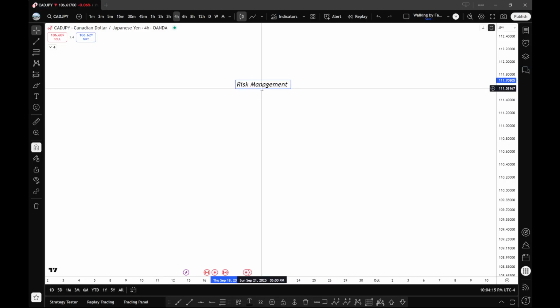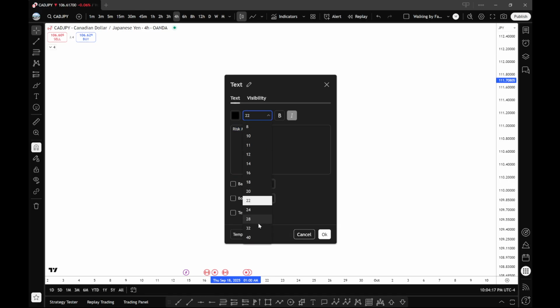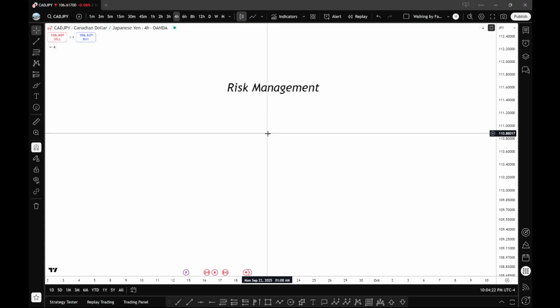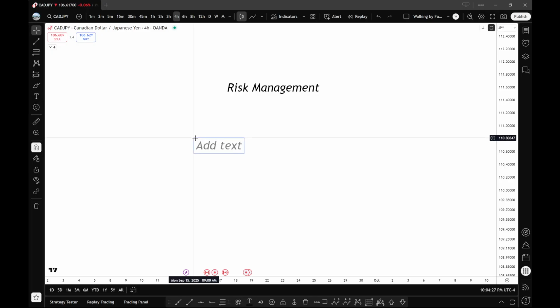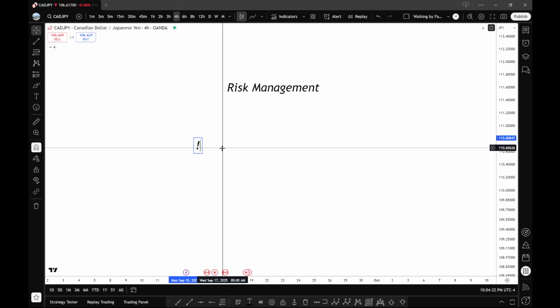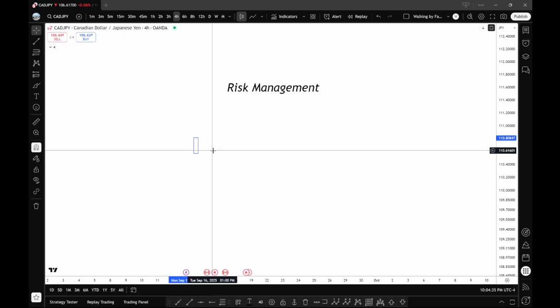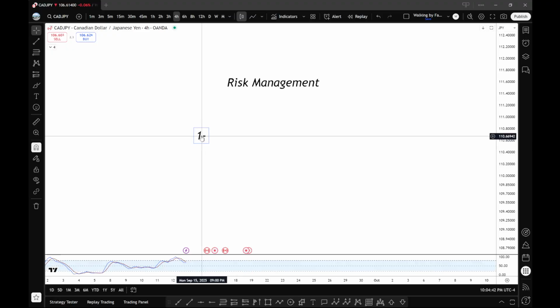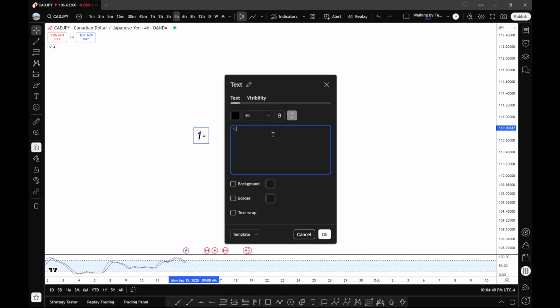Now this consists of a few components, and they are, we got number one, which is, that's not even one. Number one, there we go. Let me remove that. Number one, which is